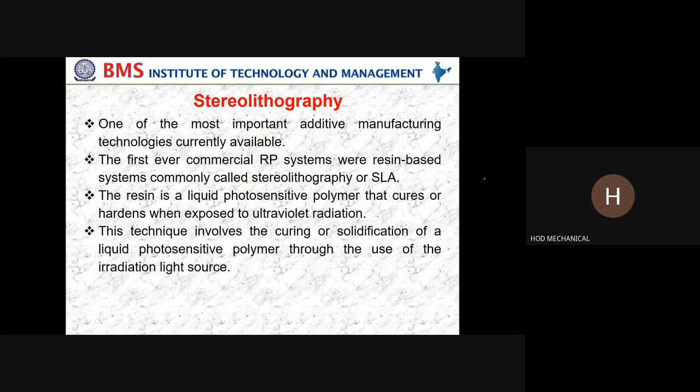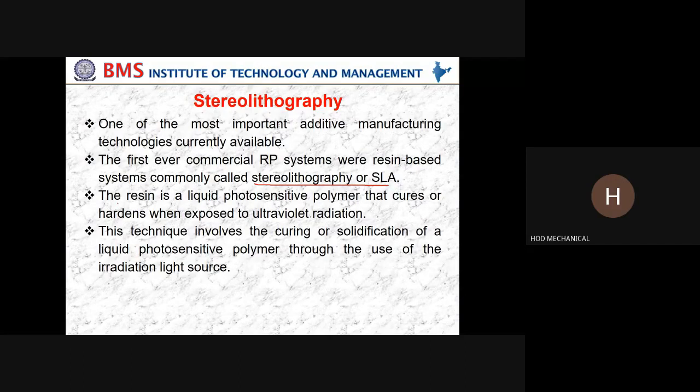This is the most important additive manufacturing technology currently available. It is the first ever commercial RP system, where the resin-based systems are commonly called stereolithography. Don't get confused: stereolithography is the name of the technology, and the process name is called photopolymerization.